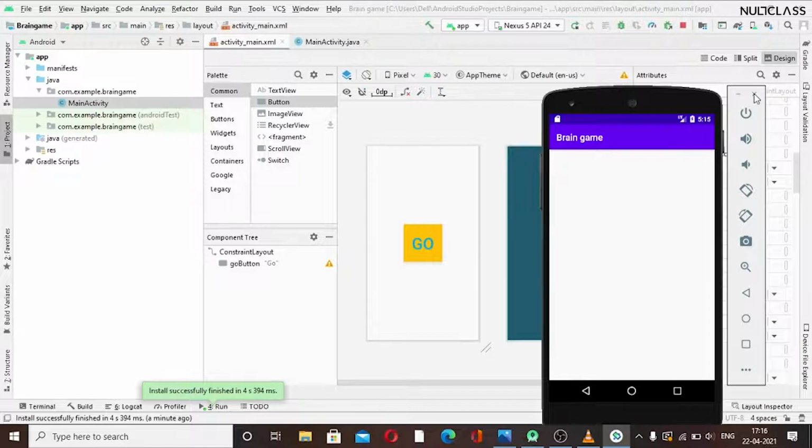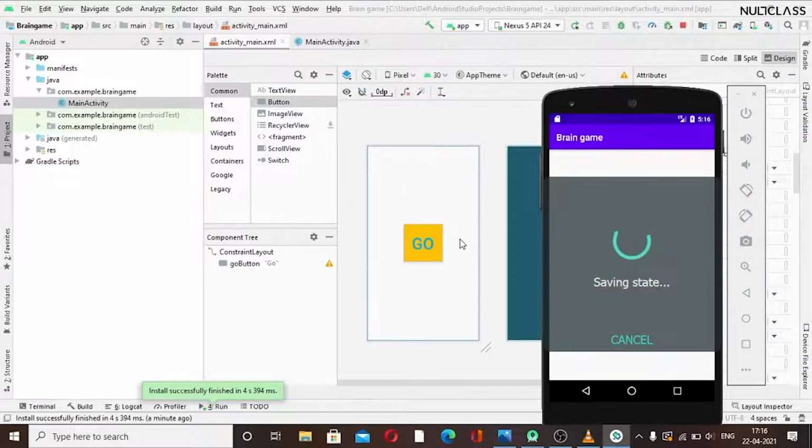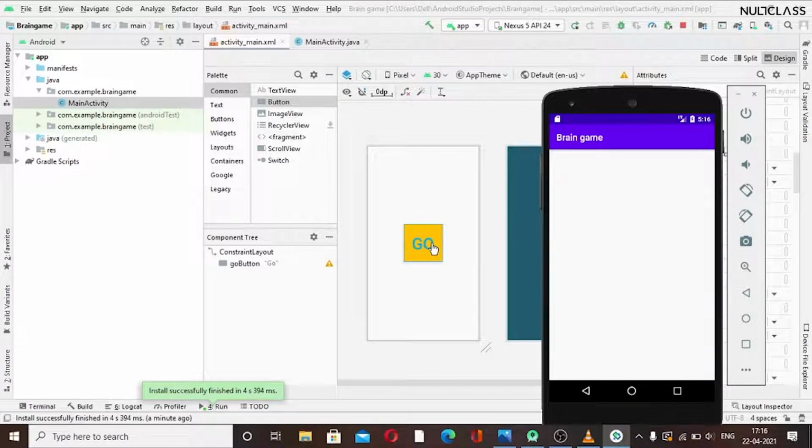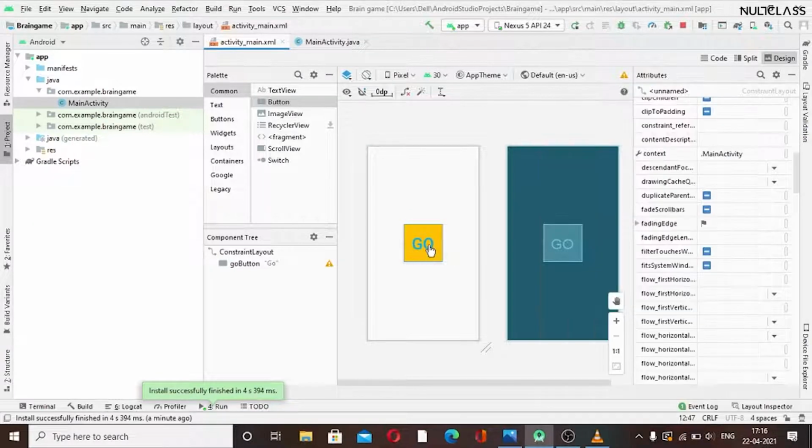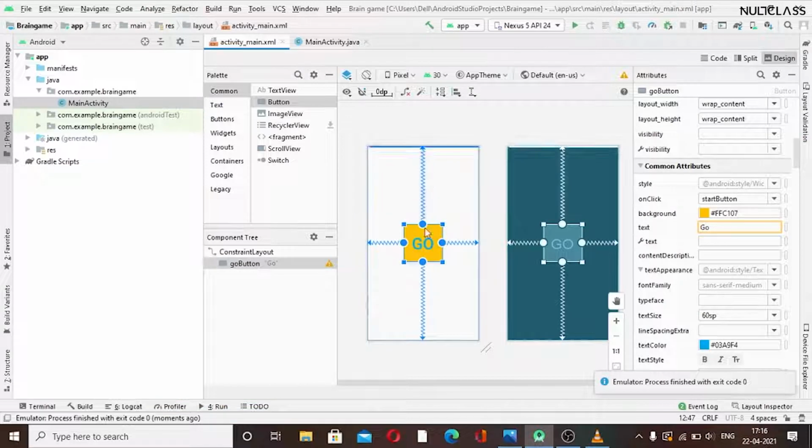I will close this. I will just start by adding these things. So firstly I will set its property to be invisible, as I have to work with those parts. So as we know, we have to add a text view at the corner. So I will just drag our text view down here.